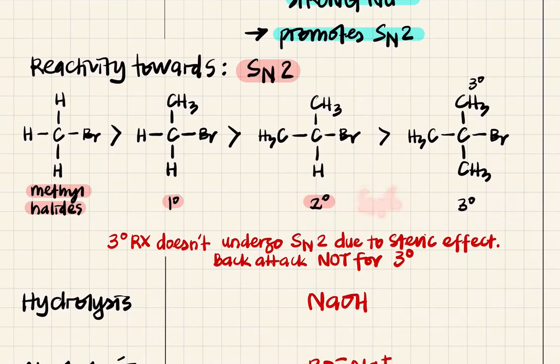Kalau dia secondary, lepas tu dia boleh buat rearrangement jadi tertiary, okay, maksudnya dia memang Sn1, okay. Kalau dia secondary, lepas tu dia guna weak nucleophile, maksudnya Sn1, okay. Kalau dia secondary dia guna strong nucleophile, maksudnya awak boleh buat rearrangement lah, 1,2 hydride shift atau 1,2